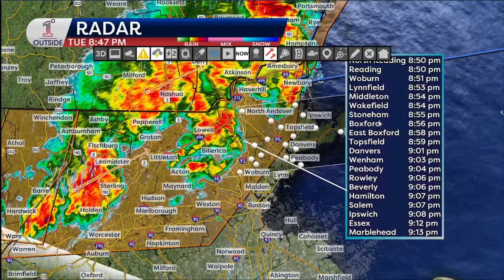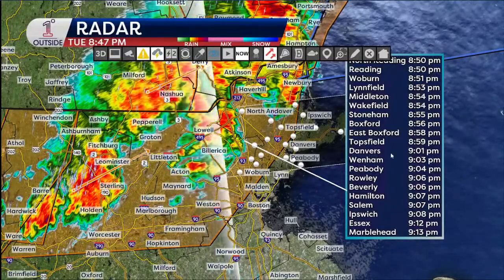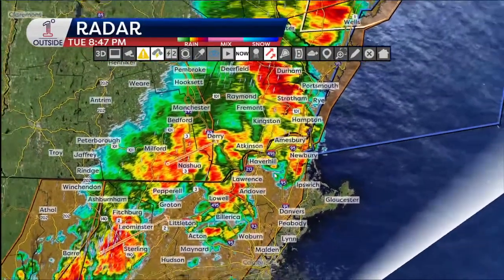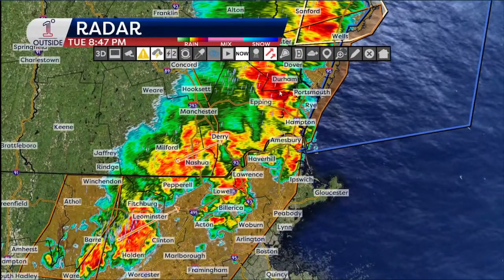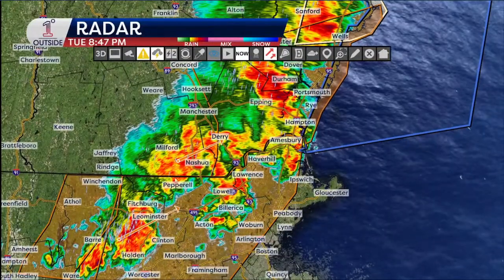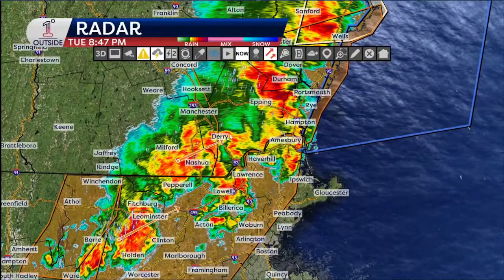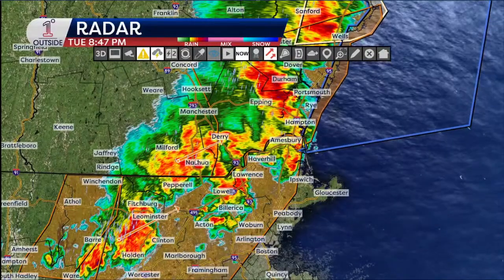But I got to tell you, I think that would be very isolated because right now what we're seeing is this thing kind of breaking up a little bit in terms of its presentation. So I would say your two biggest areas of concern right now are going to be from Durham to Portsmouth in New Hampshire. You've got a lot of still cloud-to-ground lightning with some heavy rain, Nashua to Derry, and I shouldn't overlook that. I guess I should say that you've got enough rain for ponding of water on the Everett